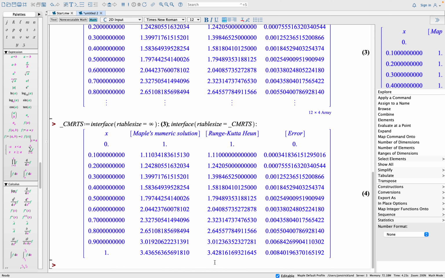So we have 3.4281616, and again, sized up against Maple's numeric solution, we have an even smaller error with the step size at 0.1 in comparison to what we have with Euler's 200 steps. Like the smaller the step size, the greater the accuracy. Well, the improved Euler in comparison to what we have for the Euler is quite a marked improvement in